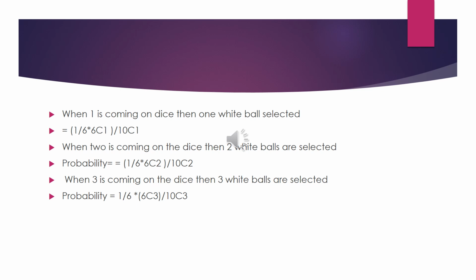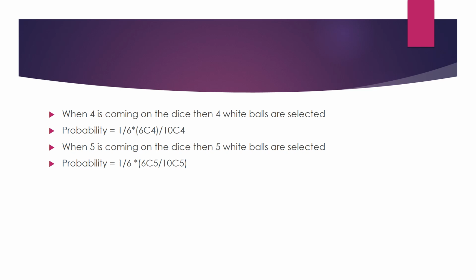Probability equals 1/6 × 6C2/10C2. When 3 is coming on the dice then 3 white balls are selected. Probability equals 1/6 × 6C3/10C3. When 4 is coming on the dice then 4 white balls are selected. Probability equals